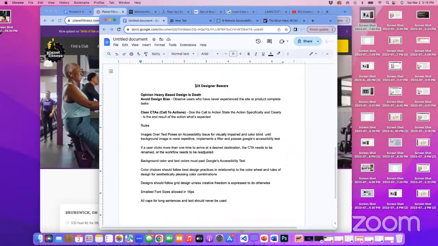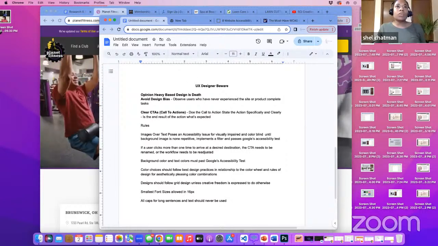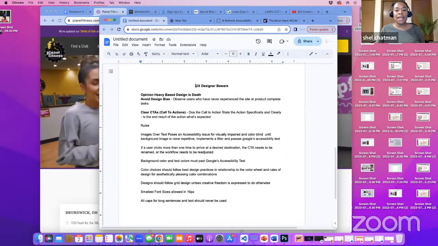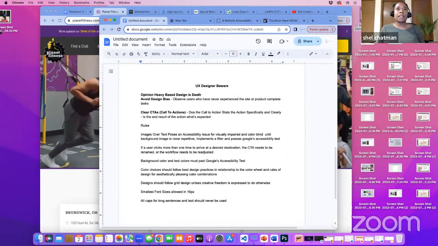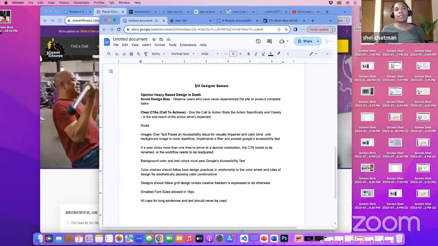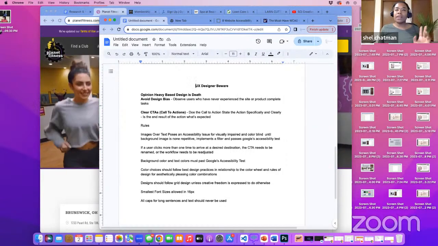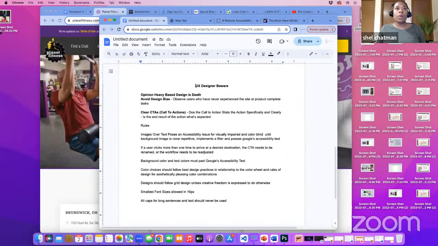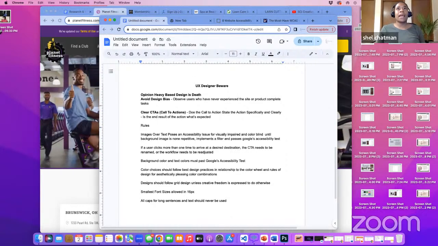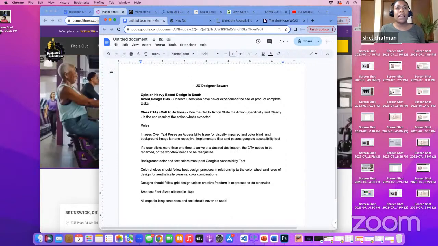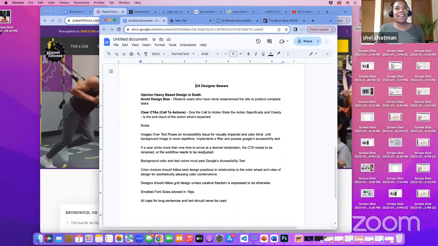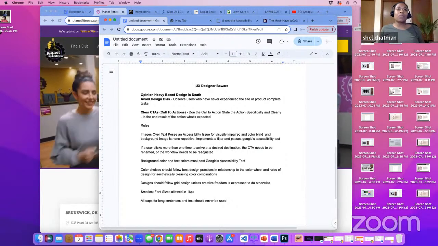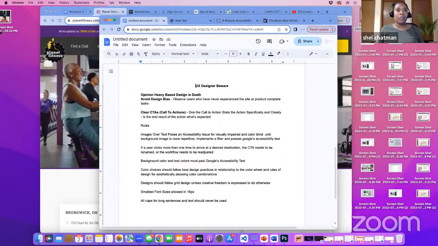Yes. Okay, good. All right, so listen, as a UX designer, this is the UX designer beware list. Opinion heavy based design is death, period. It's death to your career, it's death to the project, it's death to the client that you're serving. It's a bad thing. Opinion heavy design is when the feedback intuitively is, it's ugly, it's horrible, I hate it. Instinctively, there's nothing wrong with having that viewpoint or opinion,